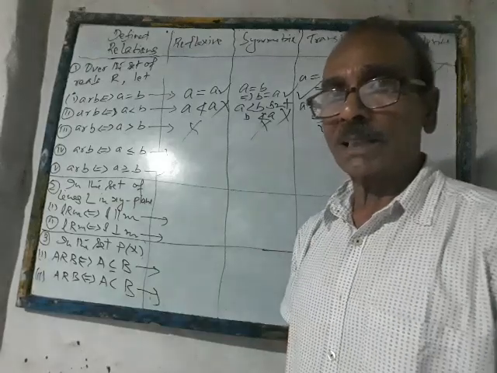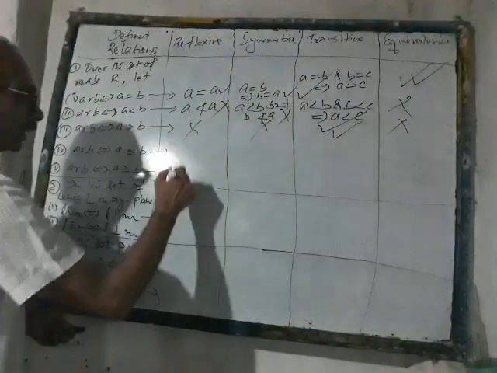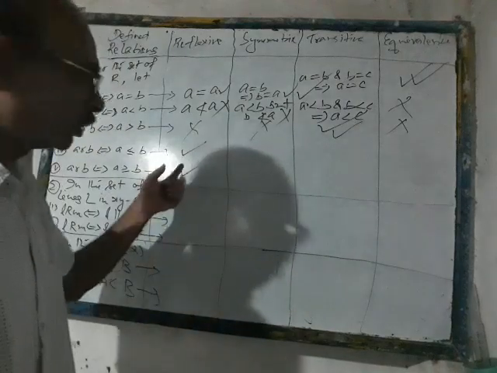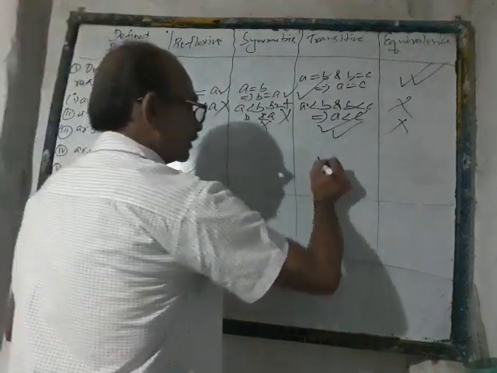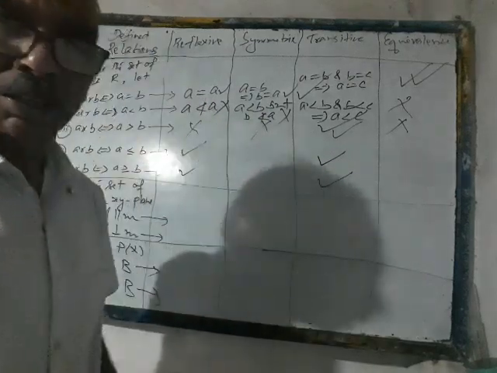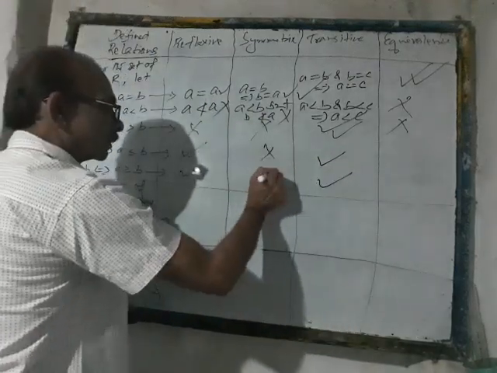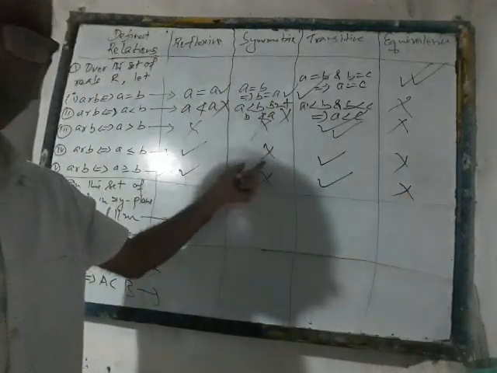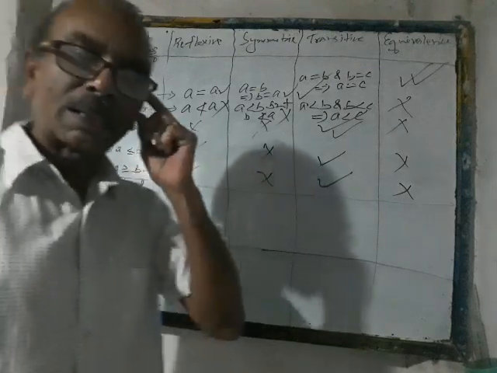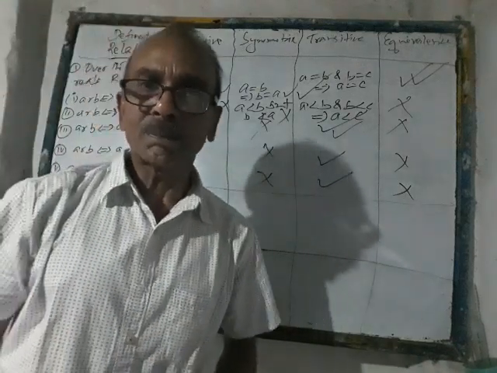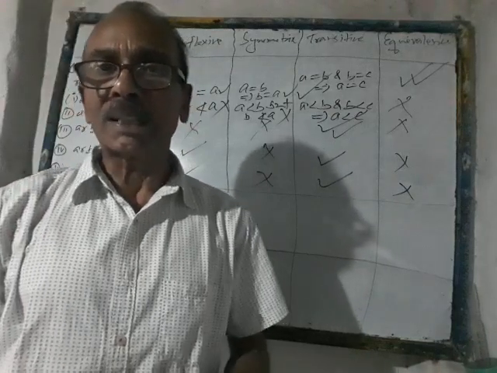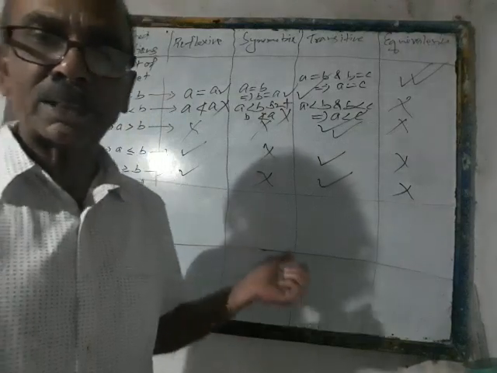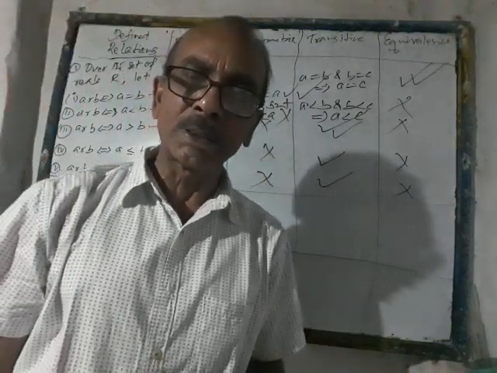Now the relations of less than or equal to and greater than or equal to. You know very well that both of them are reflexive, and both of them are transitive too, but both of them are not symmetric. So this is not an equivalence relation, right? The logic we have already given: if a is less than or equal to b, b cannot be taken as less than or equal to a. In fact, b would be greater than or equal to a. So this is why we say that the relations less than or equal to as well as greater than or equal to are not symmetric.